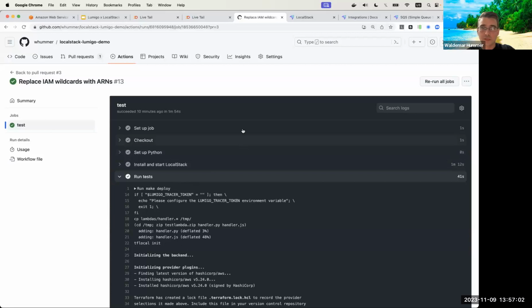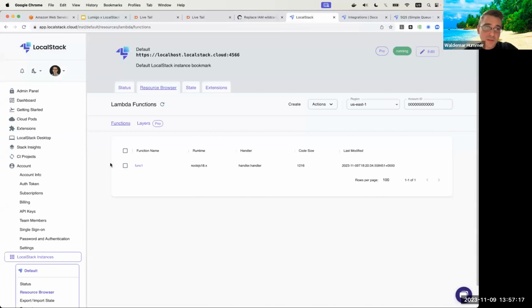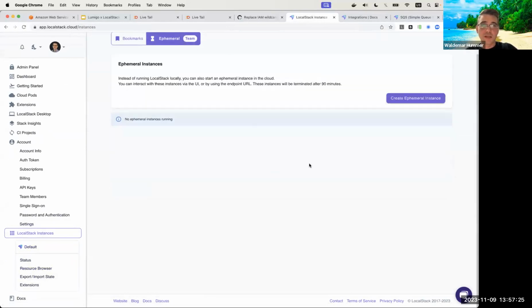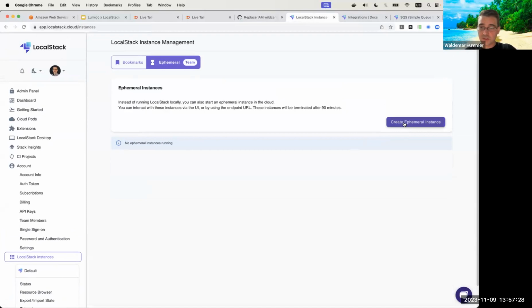Yeah, absolutely, 100%. And as you mentioned before, the advantage is you have this throwaway environment essentially where no resource conflicts are happening. And maybe I just wanted to give one outlook, because you mentioned ephemeral environments before. It's something that we're still pondering over, but we actually started creating a first POC for creating ephemeral instances. So you can spin up a small hosted version of a LocalStack container that is then accessible remotely for a couple of hours or so, which can then be used to, for example, create previews of a